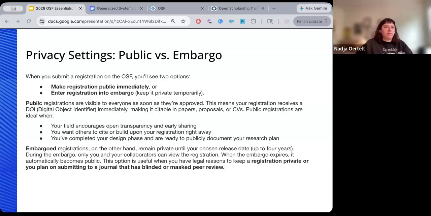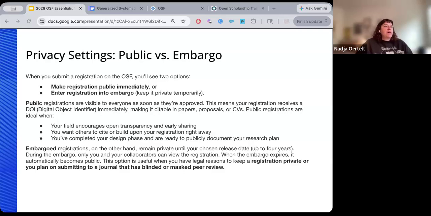As I mentioned before, if you're going through some kind of blinded review process, or if you just want to share your embargoed registration to select parties, there is something called view only links, which again, we go into much detail in our help guides, and some folks from the team can share that in the chat now if you need it. But that is useful if you need to share embargoed registration for peer review. And you can also anonymize it in that process.